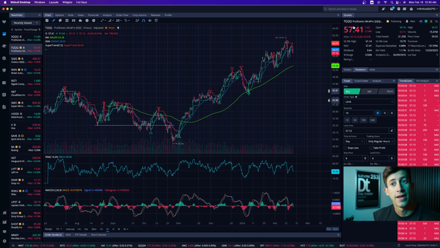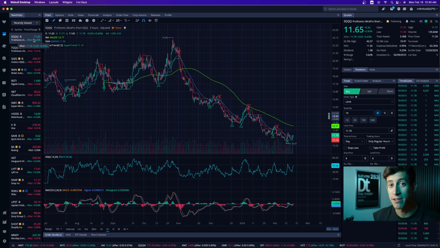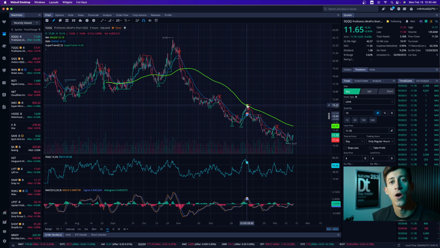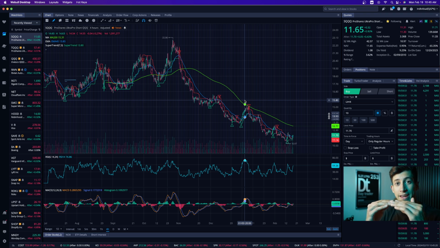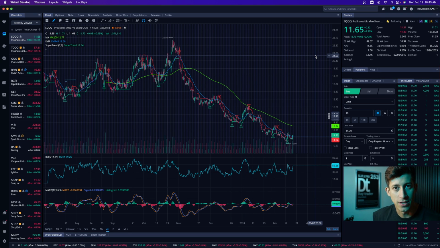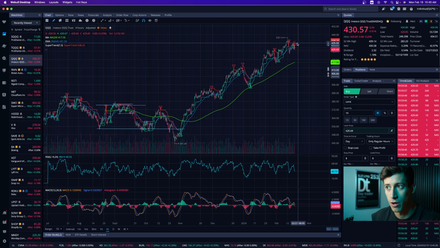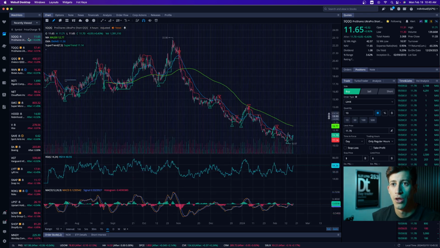Make sense? Now, SQQQ is the inverse, and this does the opposite 3 times, meaning that if the NASDAQ market gains 1%, then SQQQ loses 3%. But just like we saw last week on Friday, when the NASDAQ market loses about 1%, then SQQQ gains about 3%. Makes sense? So the really beautiful thing about these ETFs is you can use them as trading vehicles,